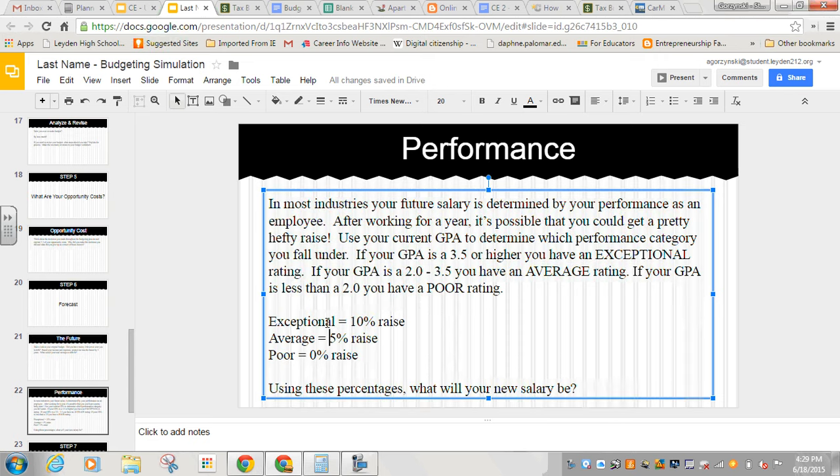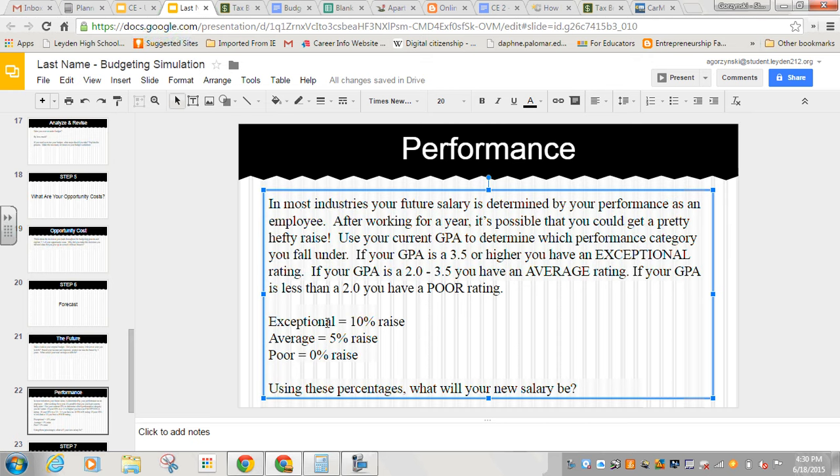If your GPA is between a 2.0 and a 3.5, you have an average rating, and you would get a 5% raise. And if your GPA is less than a 2.0, you have a poor rating, and you wouldn't get a raise. The truth is, in the real world, you probably wouldn't have a job either,